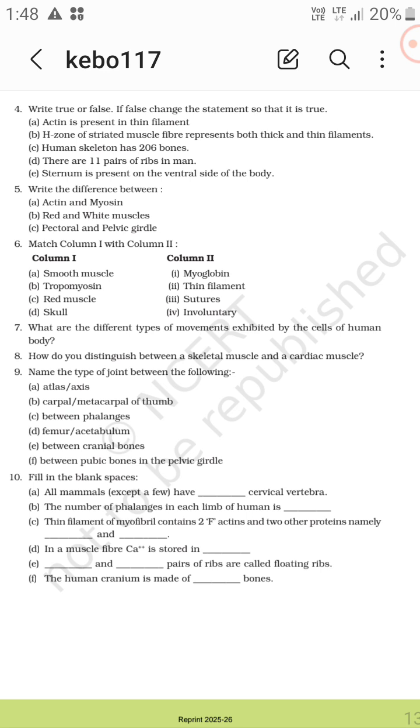Now, how do you distinguish between a skeletal muscle and a cardiac muscle? So cardiac muscles beat like 70 to 75 times per minute, and the cardiac muscle also has